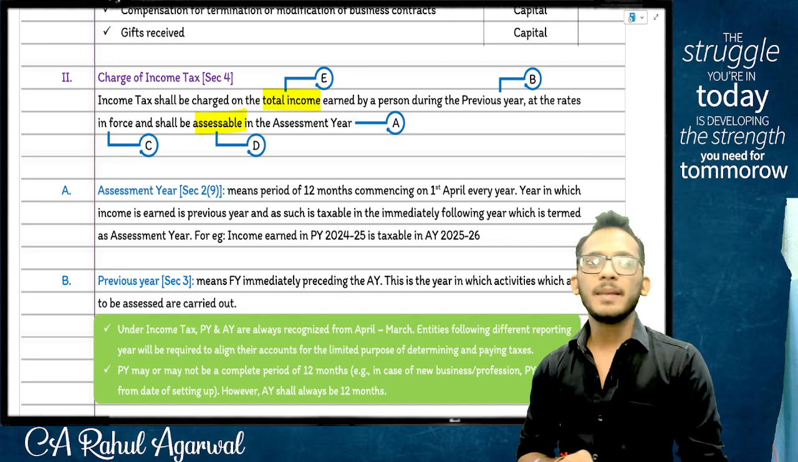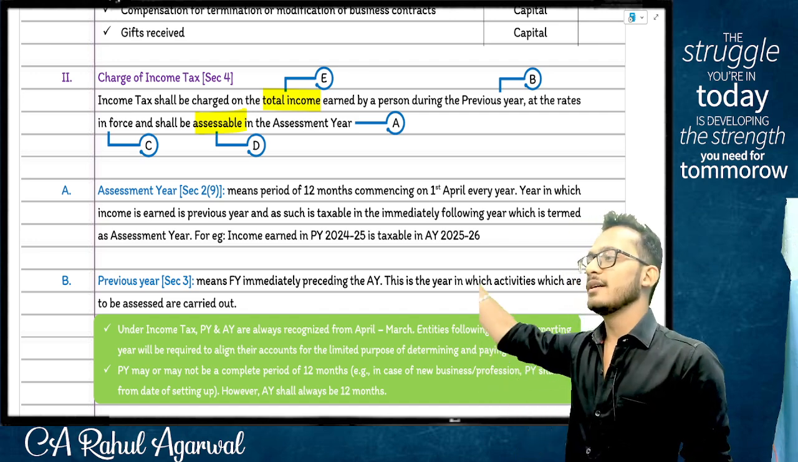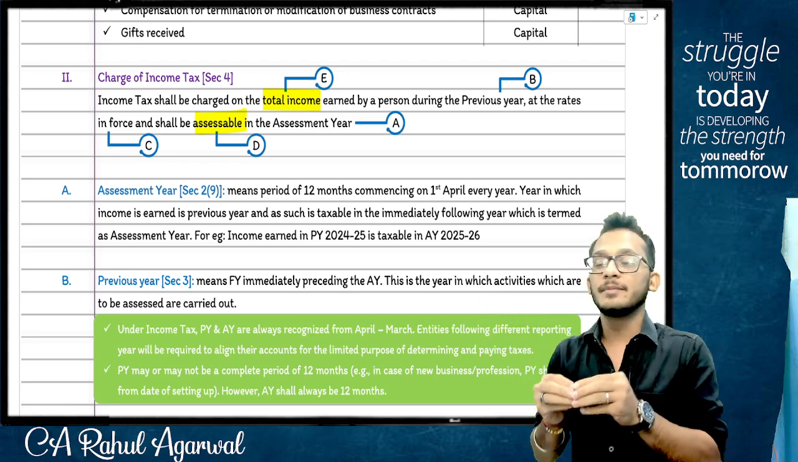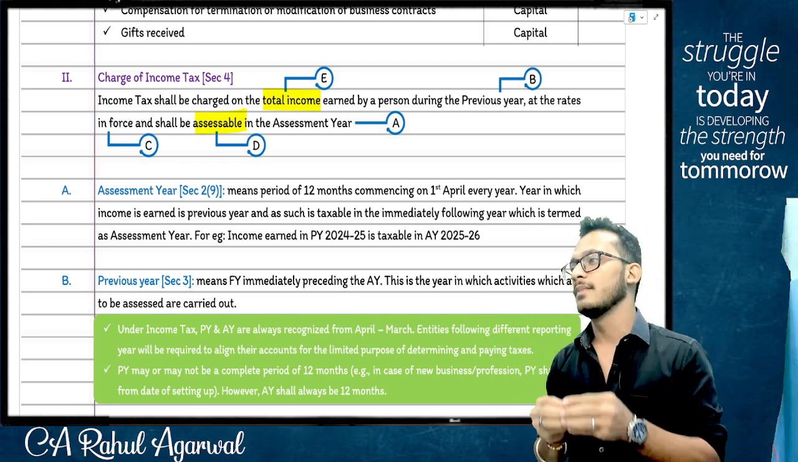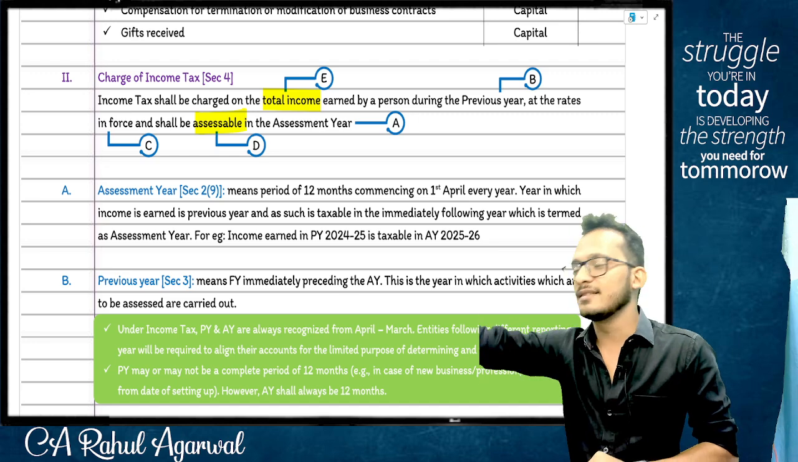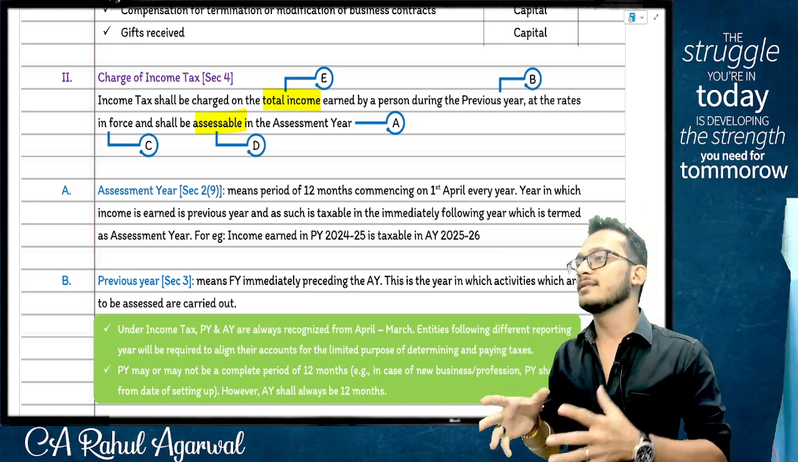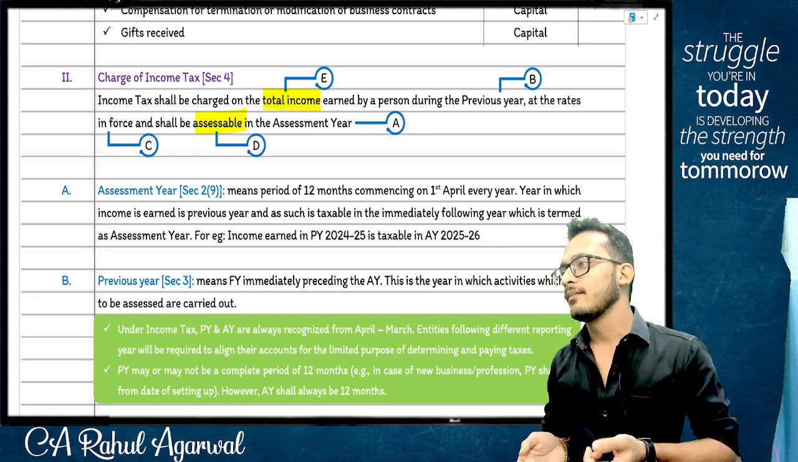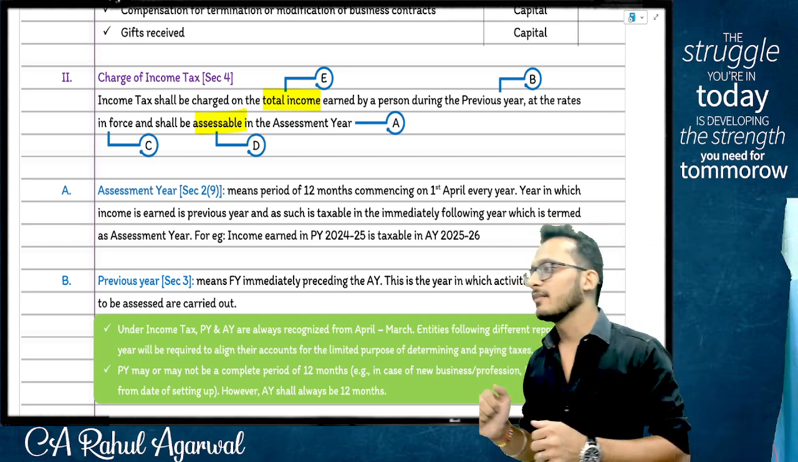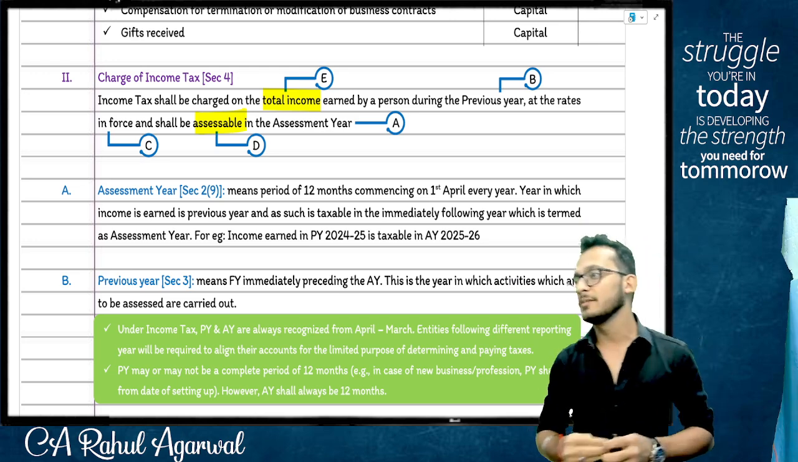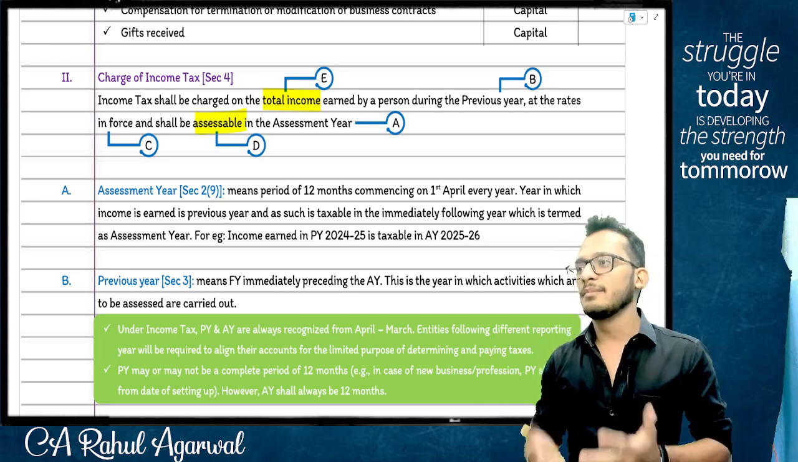Correct? Makes sense? So previous year and assessment year basically means previous year is the year in which you earn income. Assessment year is the year in which you assess your income. I am discussing income tax from the assessment year perspective. For your exam, assessment year is